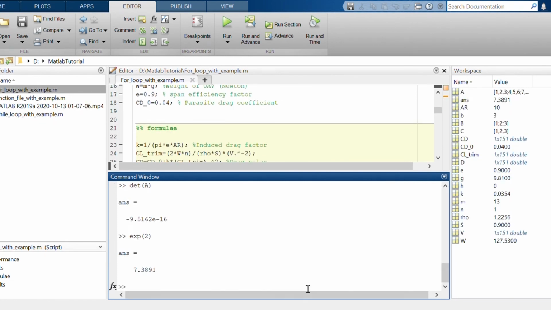So there are so many MATLAB commands for simple arithmetic, mathematical operations. That list of commands I will attach this week as a separate sheet. I will attach some basic commands for MATLAB, like how to compute the inverse, how to compute the exponential, how to write the identity matrix. There are so many things, so it will help you. And if I find some extra material related to MATLAB, I will also attach that this week.